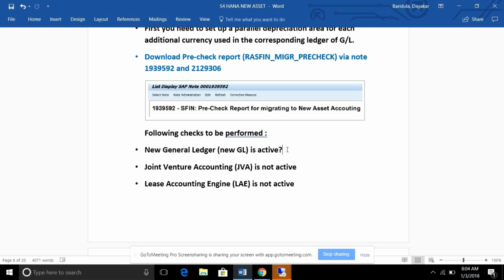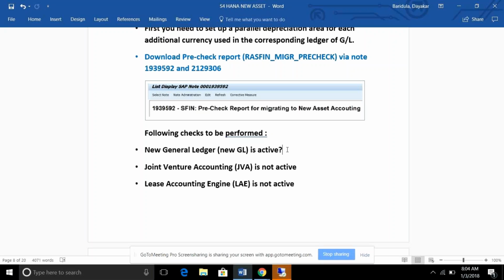Got it? Yes. So basically, they'll still be using classical GL, right? Yes, classic GL, yeah. They don't want the fancy features like new GL and document splitting. They were happy with that, but they wanted to go for S/4HANA. But the system will not allow it unless you do the technical migration. So that's the reason for the adjustments they are doing the technical migration, but after the migration also they will not use these functionalities. They cannot use these functionalities.